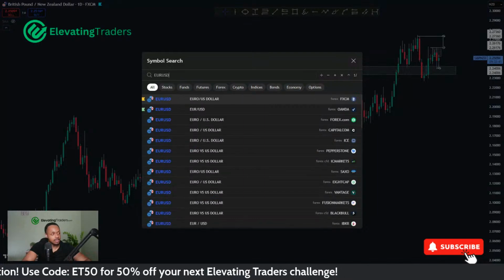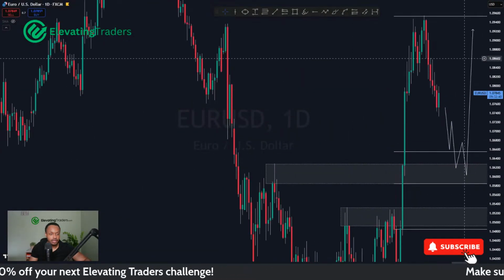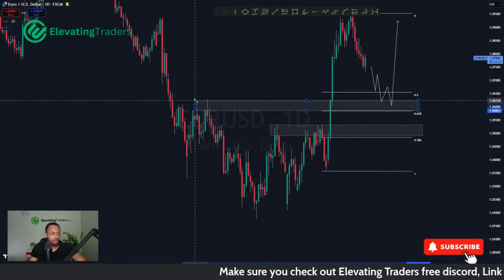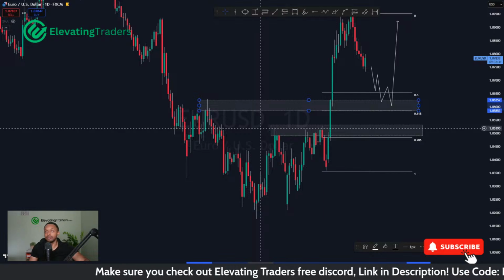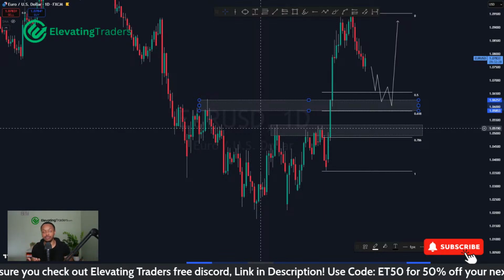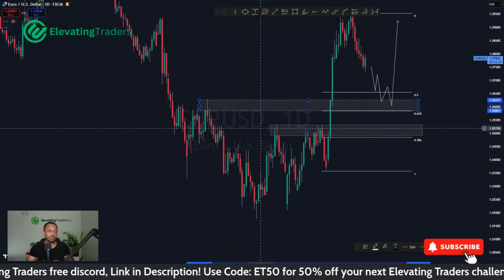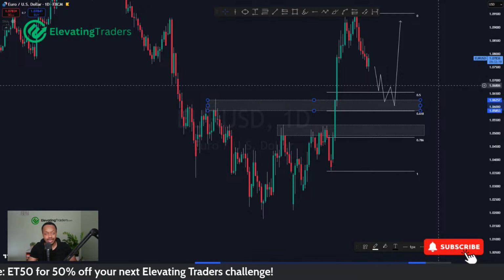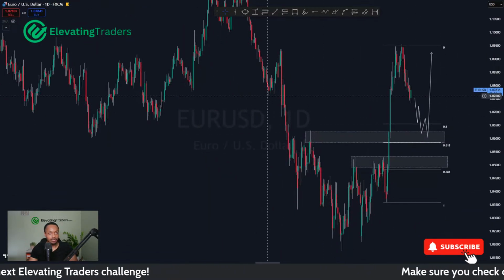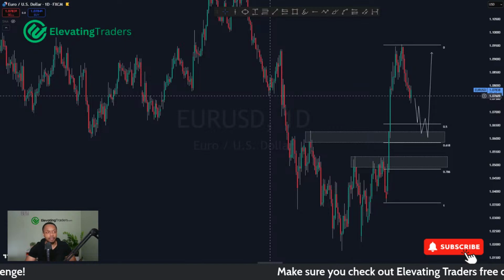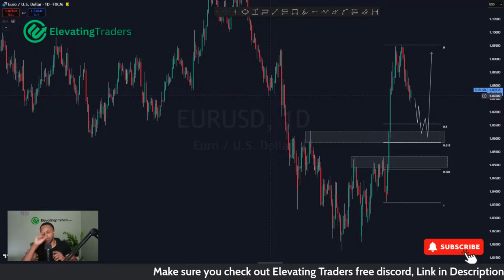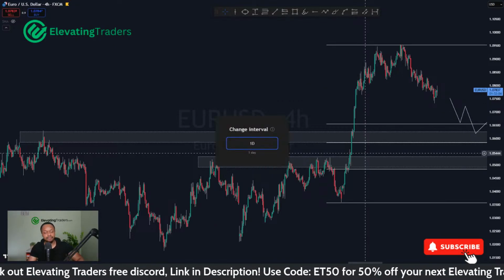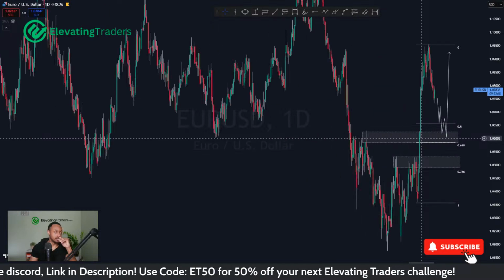In terms of Euro USD, for this one I'm looking at more downside. I've got some areas around 1.06 and also 1.05, which I'm waiting for price to come into before perhaps looking for some longs. Well, I will be looking for some longs, but I need some entries there, so I won't be jumping straight in. But those are the locations where I'm looking to see if I can base some trades from. The support here on 1.077 didn't really hold, so I wasn't really looking to buy. Also, the way price pulled back wasn't looking that great either, so I have stayed away. But if we can get to those prices, I will be looking to buy.